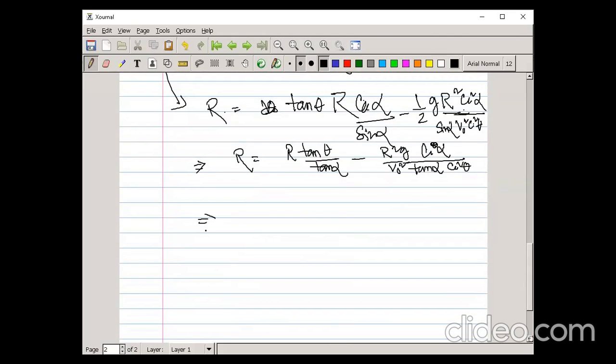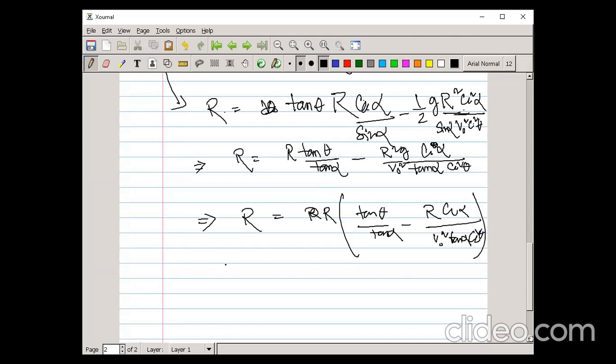What you now have to do is simply take the r. So r is equal to r tan theta tan alpha minus r cos alpha by v0 square tan alpha cos square theta. R are deducted, so you can write